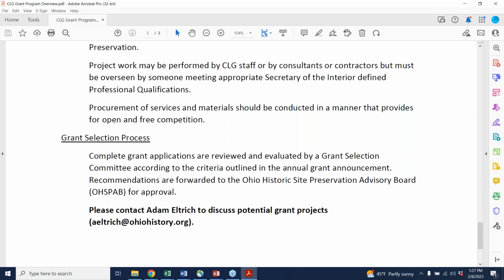And then finally, both the cities of Sandusky and Shelby received funding for design guidelines for their cities. Those were the grants that were awarded in